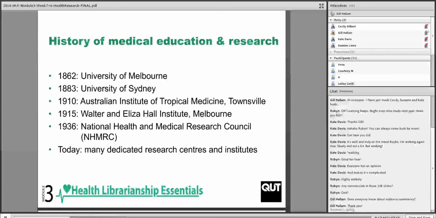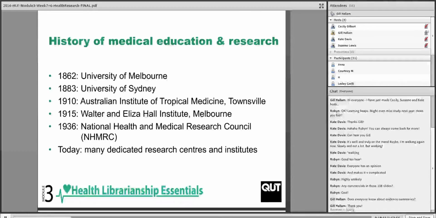A bit of history to start with. Medical education and research goes back to 1862 here in Australia with the University of Melbourne. Another 21 years, in fact, before the University of Sydney got involved in the space. The Australian Institute of Tropical Medicine in Townsville, interestingly that regional aspect there, came in early in the 20th century